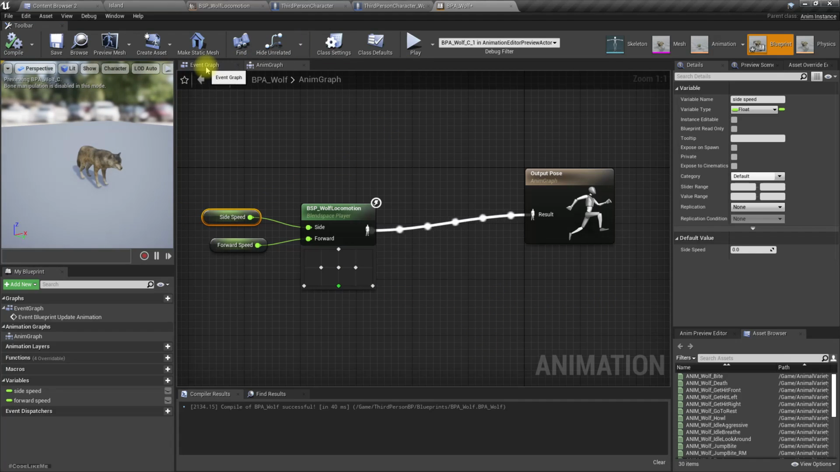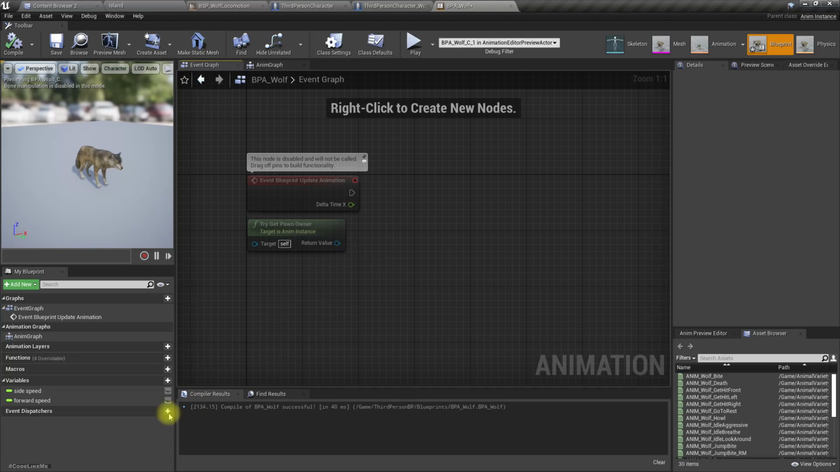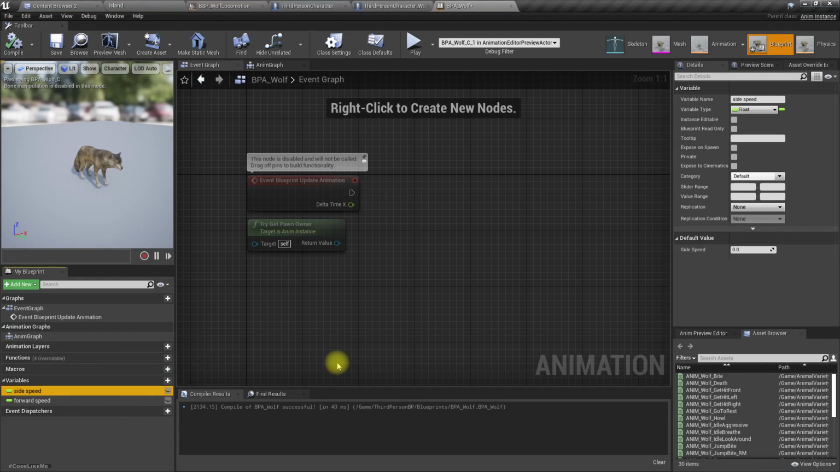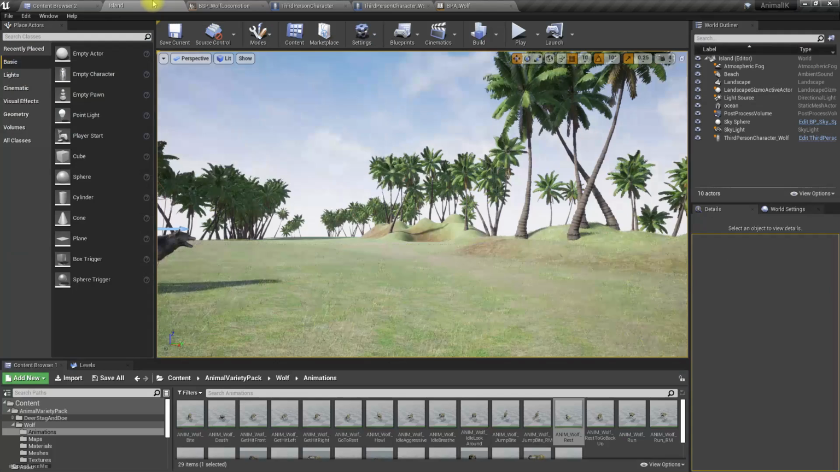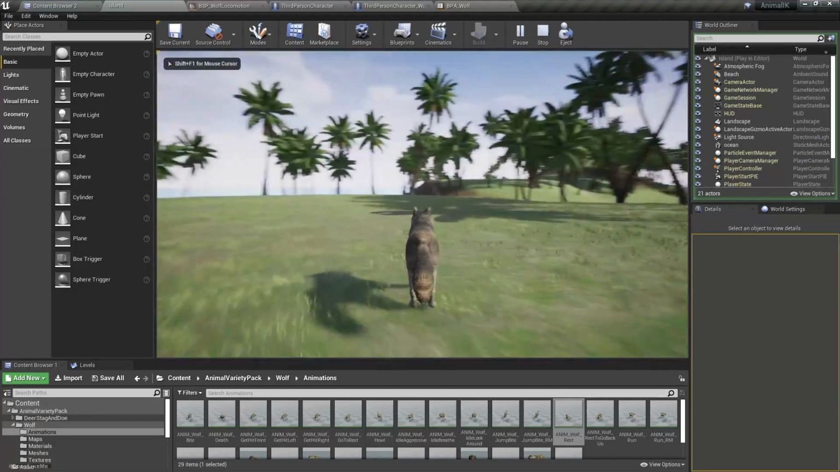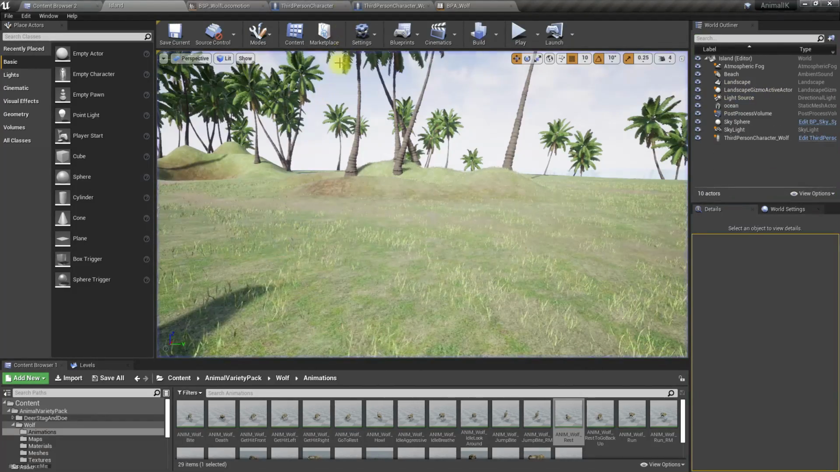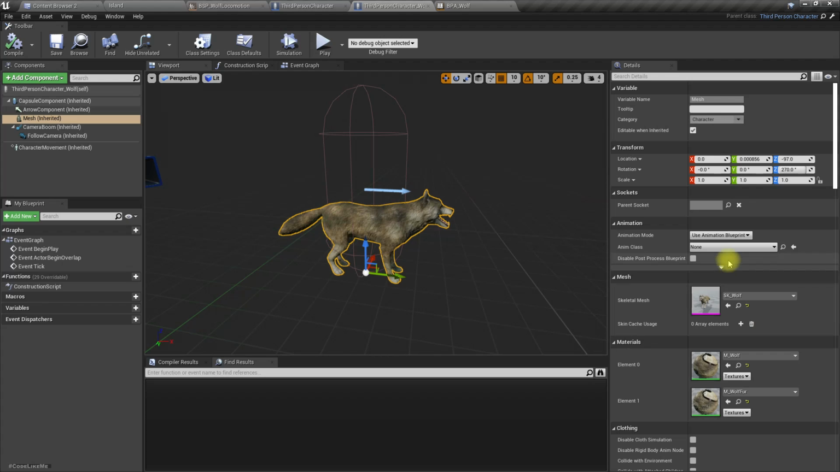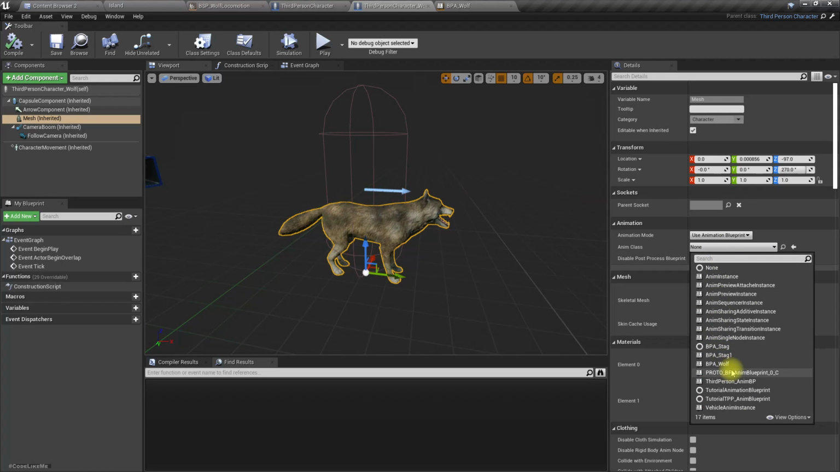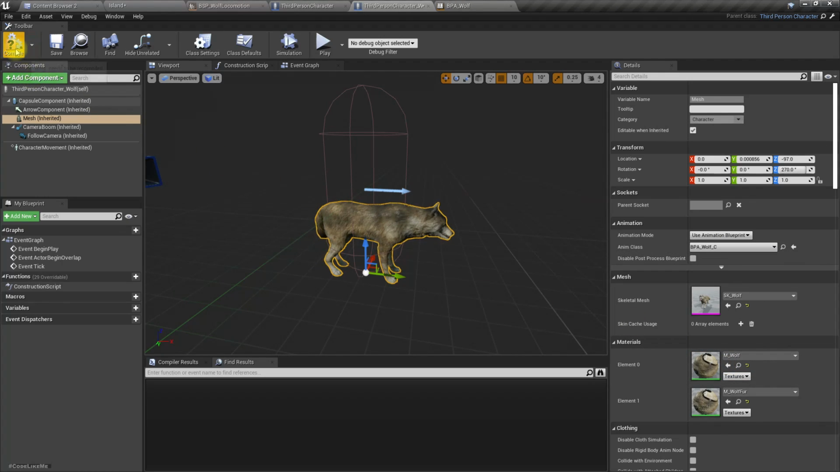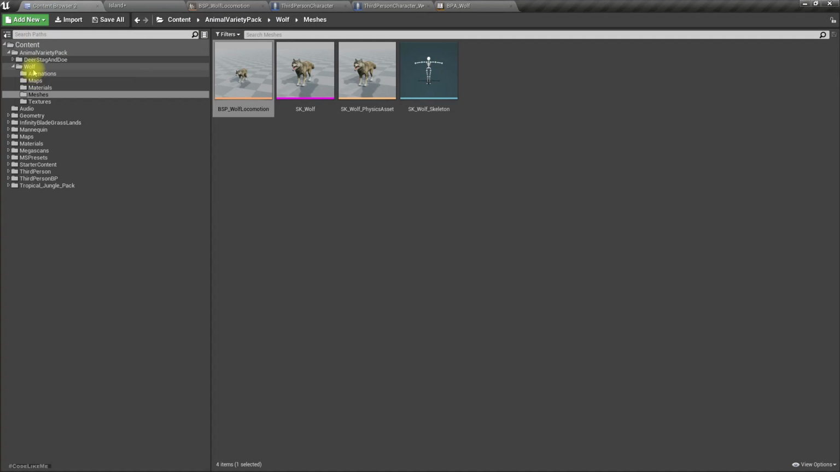Right, now in the event graph we need a way to update these values, but still if I play the game you can see the character is just sliding. I forgot to set the animation blueprint BPA wolf. Okay, now